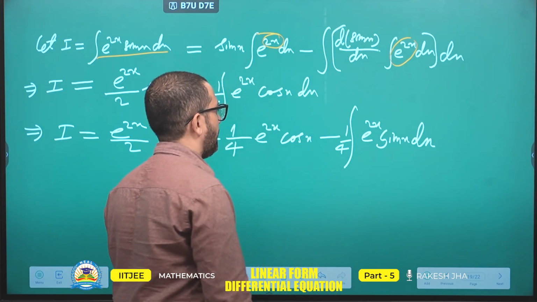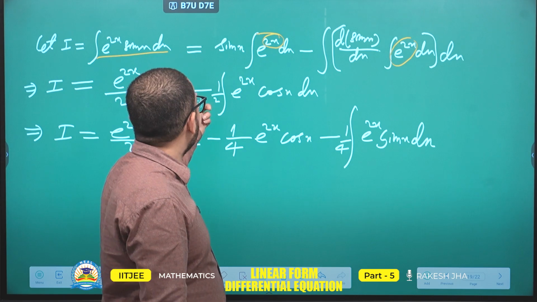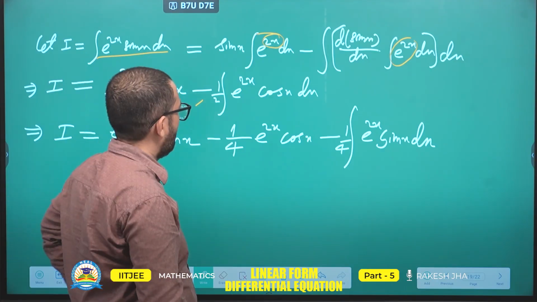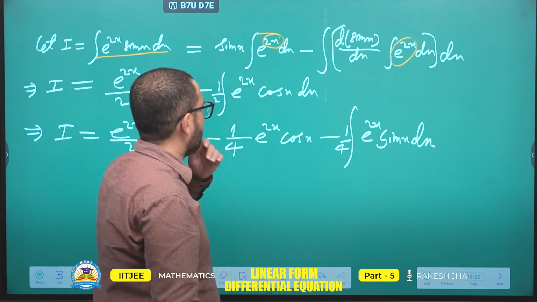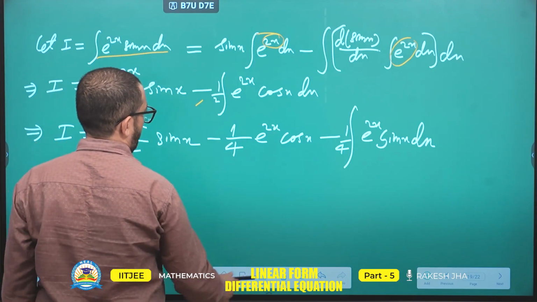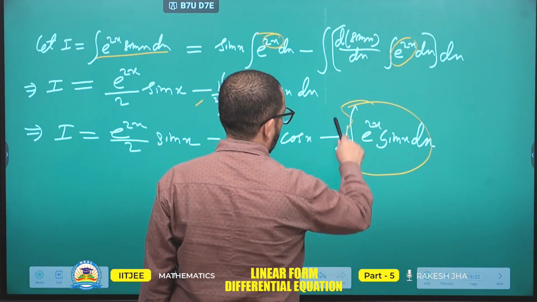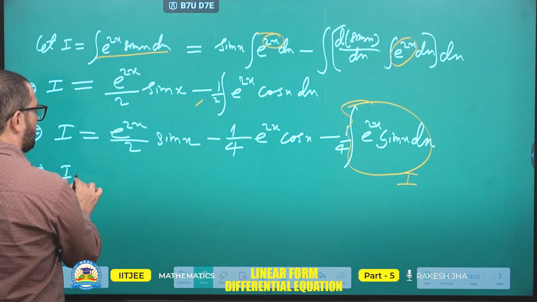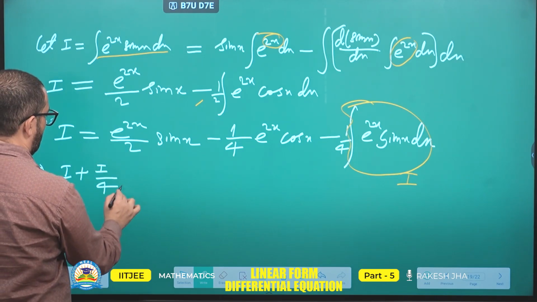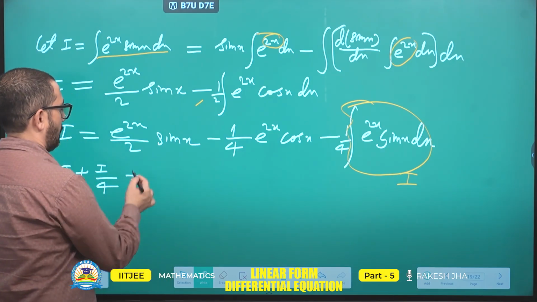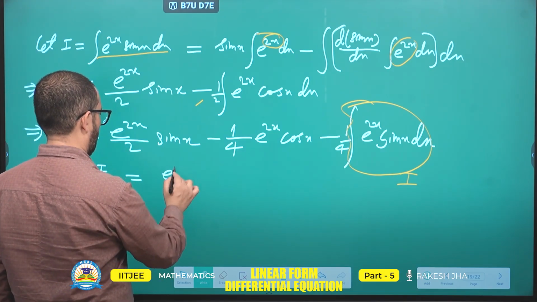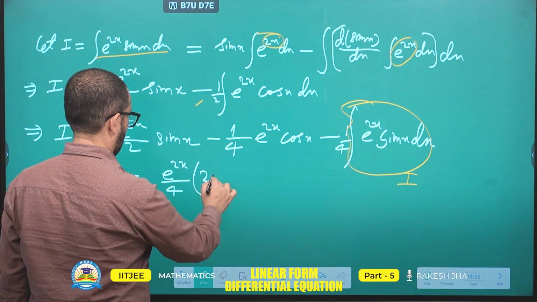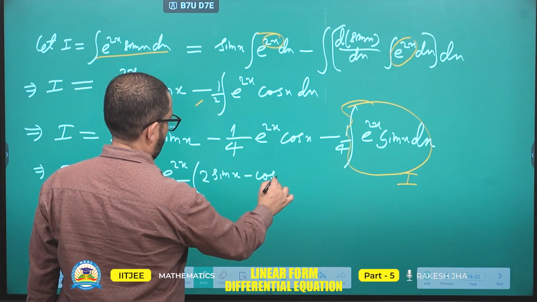So actually one time if you do it, it's negative, here this portion is negative, so because of this it will be positive. Again, if you integrate it will be negative only, but that is the same thing. So in place of this we can consider it I only, so this will go to that side, so you can write I plus I upon 4 is equal to, now if you take 4 e raised to the power 2x common upon 4, then within the bracket it would be 2 sin x minus cos x,